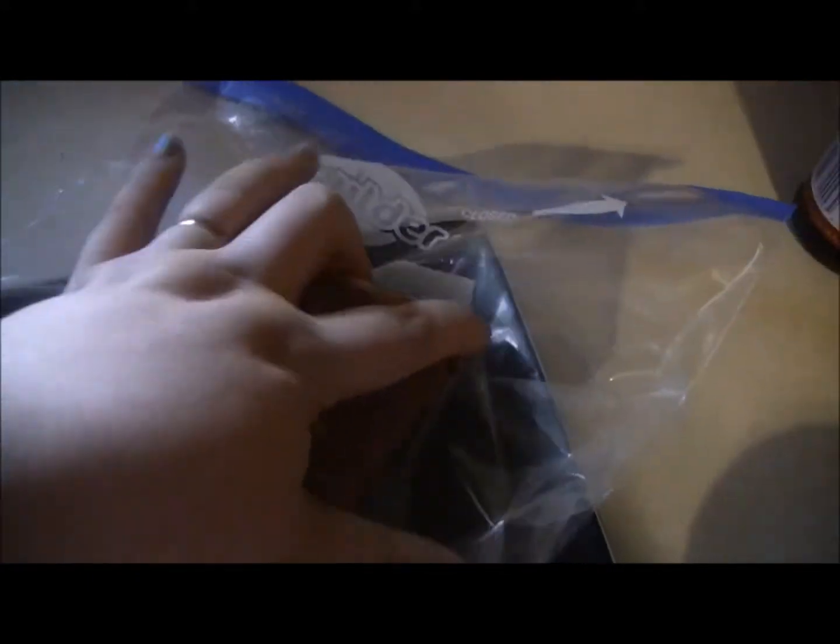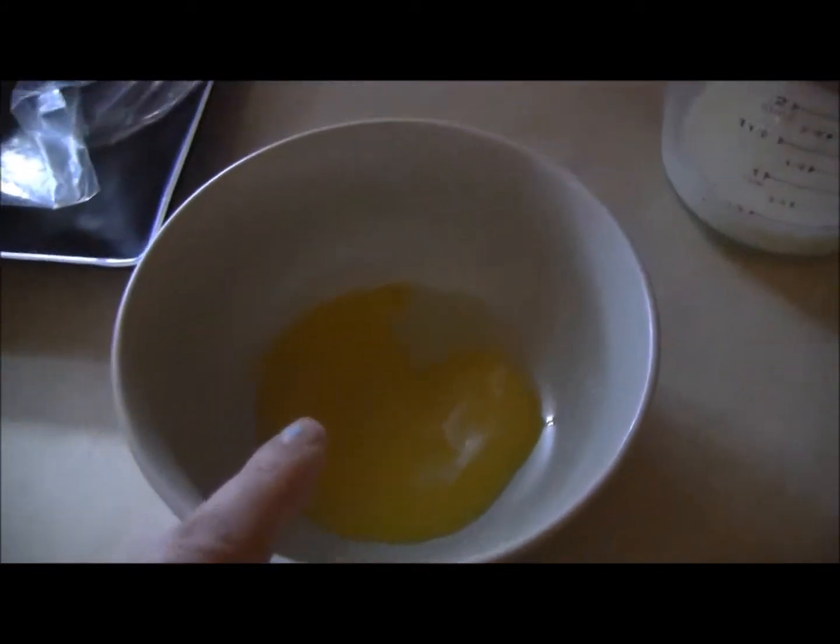Hi guys, in this video we're going to make some individual shepherd's pies. So for this recipe we're going to need some ground beef or lamb, whatever your preference is. I'm using beef, an egg,